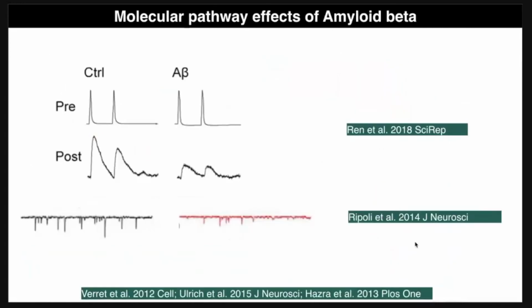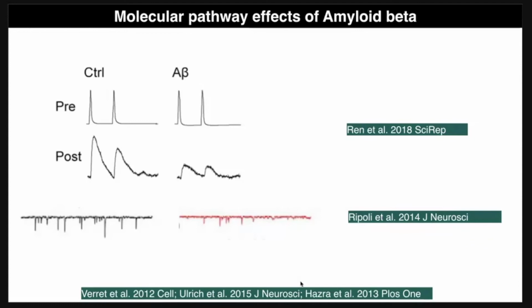We recently also included PET data in our simulations. So in dementia patients or patients with Alzheimer's disease, there's an accumulation of amyloid beta, which can be measured with PET. And in vitro and in vivo studies have shown that in the vicinity of beta amyloid plaques, the function of inhibitory interneurons is disturbed. So this is what you can see here. In the second column, in the presence of amyloid beta, the postsynaptic potentials, so inhibitory potentials of the inhibitory interneurons, are decreased in amplitude, and the firing rates are also decreased.